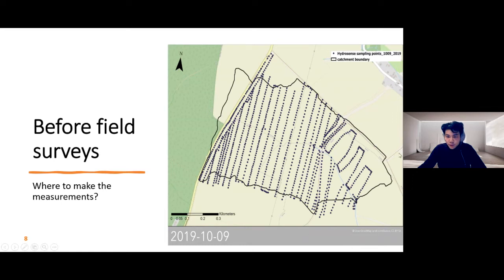Let's say there's a map from the survey we did in October 2019. Each point represents a HydroSense measurement we did. Do you think it's a good survey or a bad survey? You have 2 seconds to think about it. And in my point of view, I think